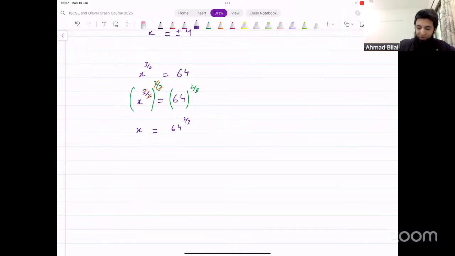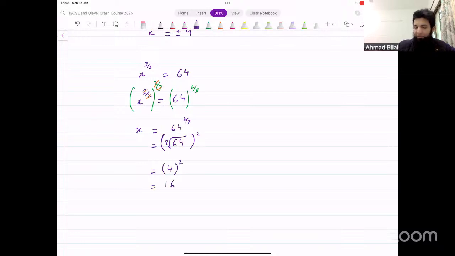64 raised to the power 2 over 3. How do we think about this? One way to do this could be that we write this 3 as a cube root, and then we have a whole square on top of that. And that would give us cube root of 64, which is 4, right? 4 cubed is 64. So this gives us 4, and then we have a square there,